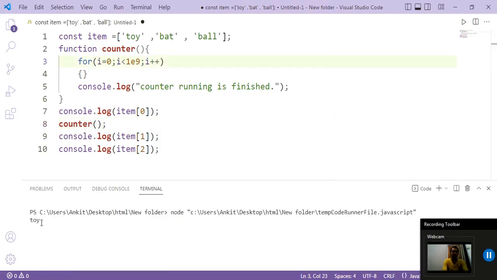So run it. So I have my first output and you can see it is waiting for this counter to complete, and here is the output now. So in real world programming, if we are going to use this type of synchronous operations, then we have to wait for this type of functions to get them complete and then rest of the statements will be run, right? So to overcome all these constraints, we have a better option which is asynchronous programming. So now let us see what asynchronous is. Alright guys, so the next is asynchronous.